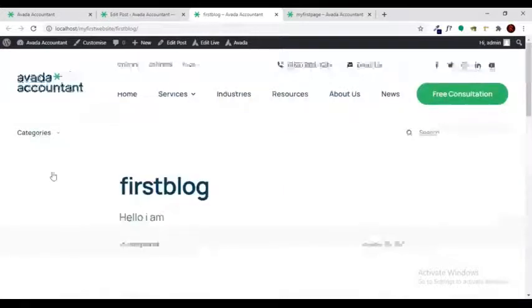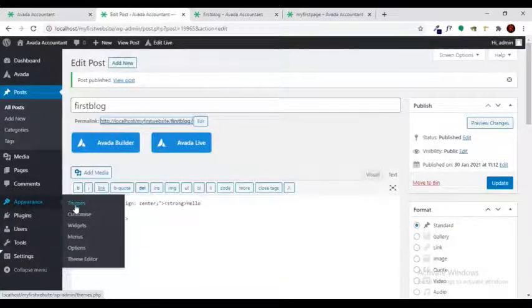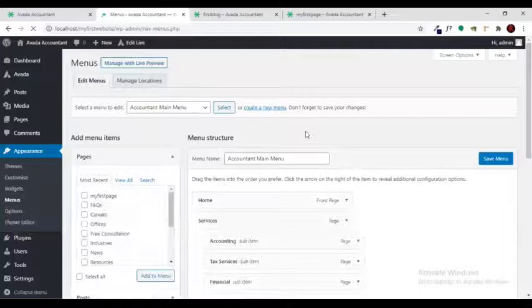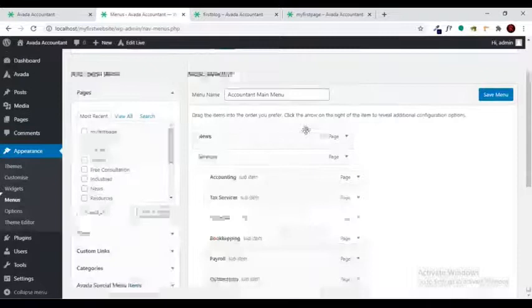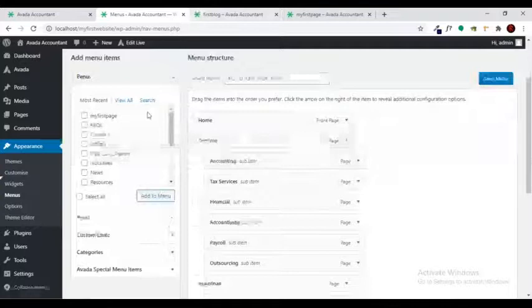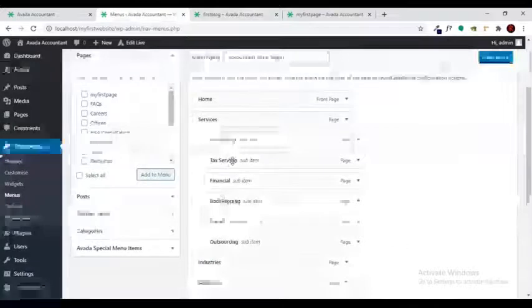Now we are going to add the menu. For adding a page to the menu, you just have to click on Appearance, and there will be a part called Menus. Just click on it. Now you have to choose which menu is your main menu. As you can see, Home, Service, Industry, Resources is your main menu.